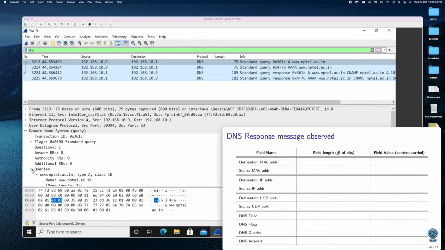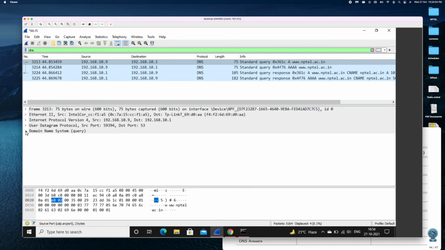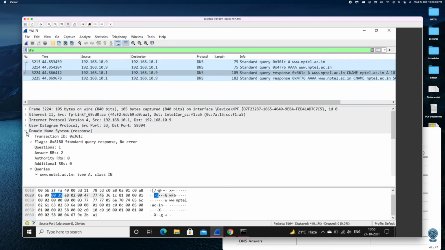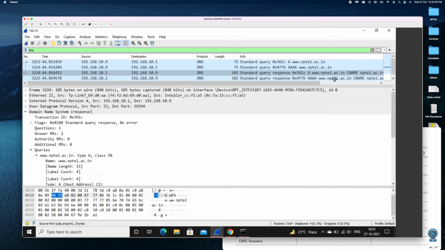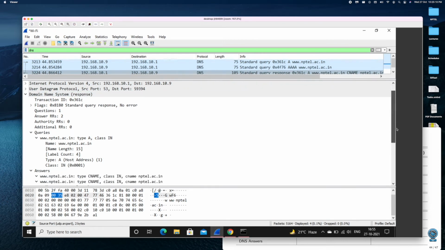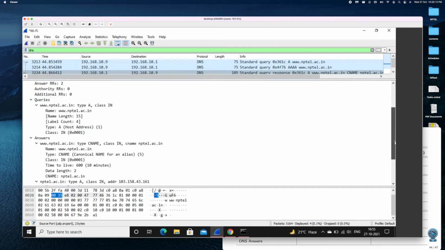And then moving on further, we are asked to capture the response details. So let's look at one of the responses. Yeah, we have the response here, and just to observe quickly, we have received a response, and this response should have got our IP address as well. You see, along with the query, there is also an answer that has come back.